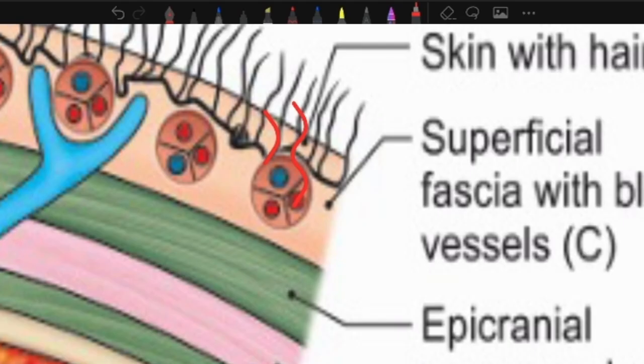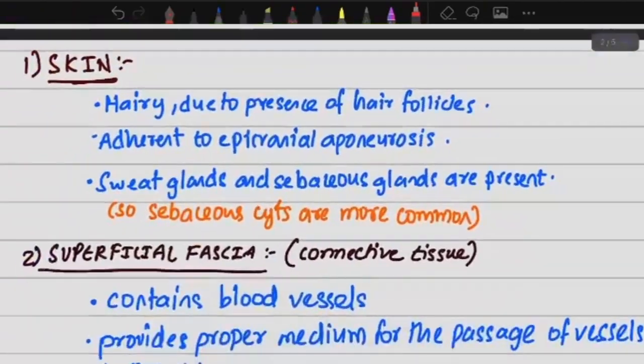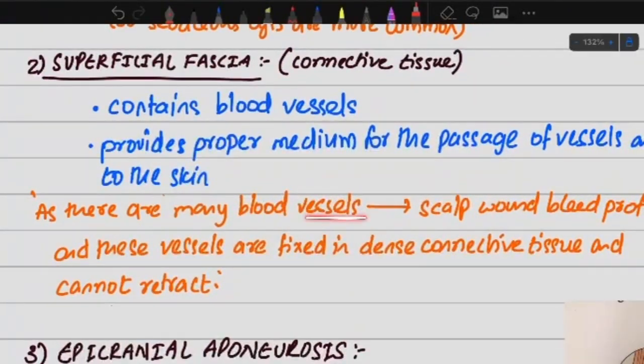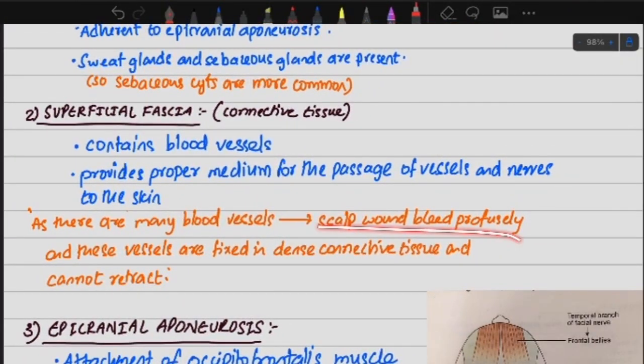So the vessels cannot retract to control the bleeding. Normally our vessels retract or constrict to reduce the bleeding, but in the superficial layer of scalp, these vessels are densely fixed, so they cannot retract and they bleed profusely. The same thing I have written here. As there are many blood vessels, scalp bleeds profusely, and these vessels are fixed in the dense connective